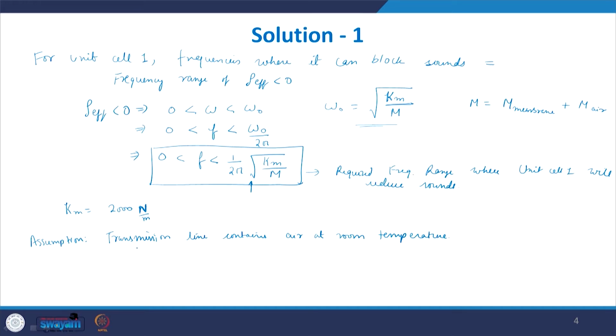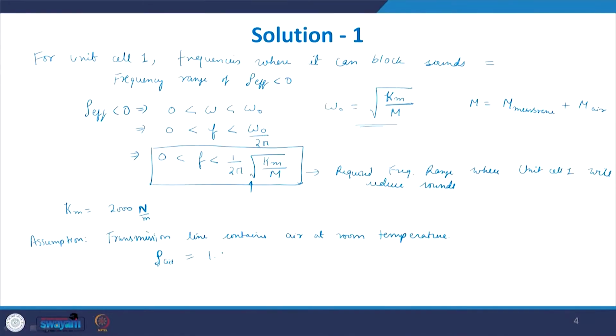So, at room temperature what you get is the rho of air. These are values which are easily available to you. You can look them up in books or standard tables, even online. The density and the speed of sound, the rho and the C values of air at different temperatures, are already pre-calculated and available at various sources. So, rho of air at room temperature is 1.2041 kg per meter cube. This is the value which we will be using.